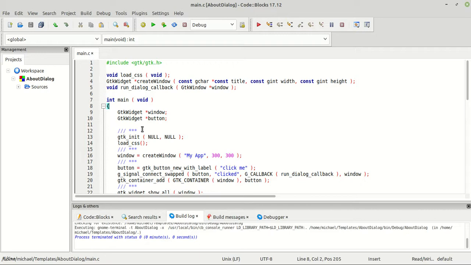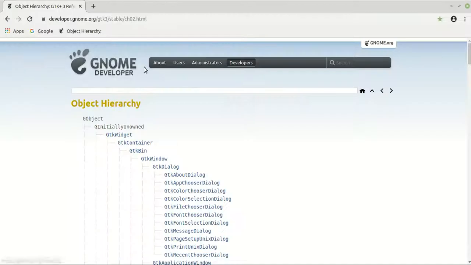And so now it is time to talk about signals and which kind of signals we can apply to this GTK widget. For this we go to object hierarchy, and I'm going to click on GtkAboutDialog right here,